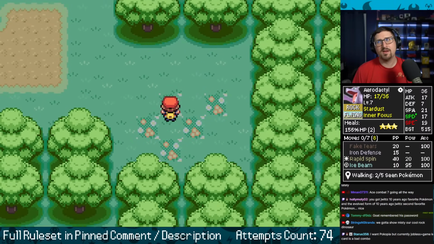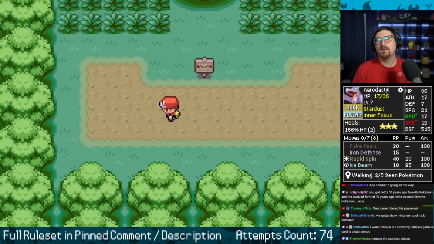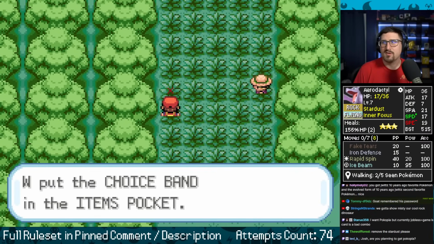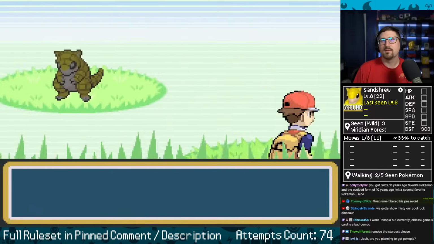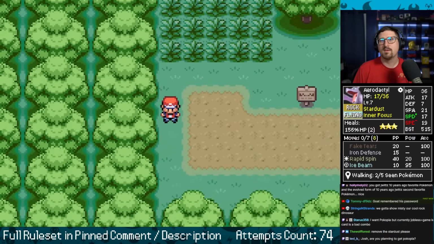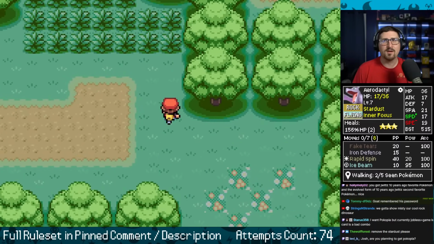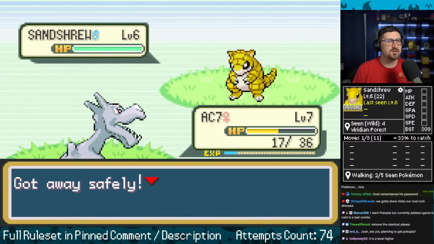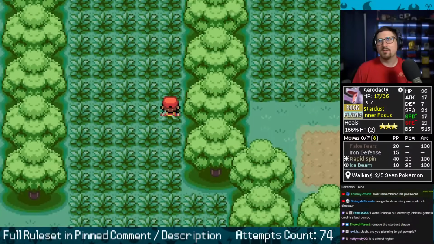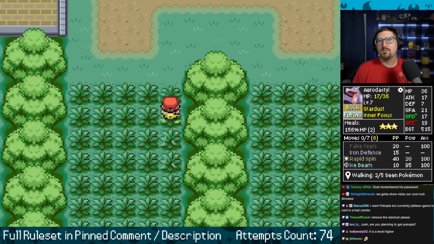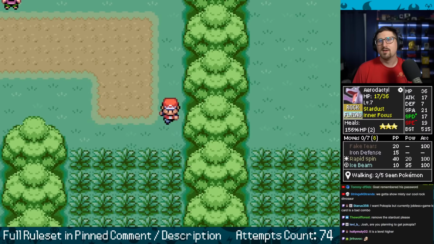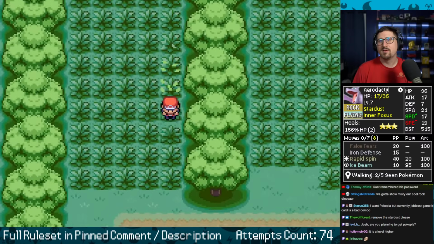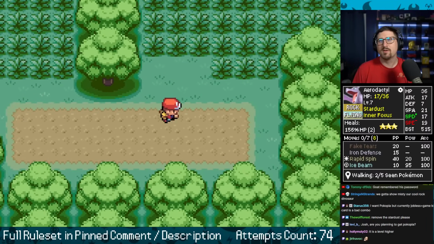Trying to make it back. Oh, lemonade too. Okay, something. It still is optimal for me to have the items first. Choice Band. Not allowed to use that. See, like that level 8 we're running past. It's all about the stat allocation. Yeah, it's a good heal, especially this stage of the game. Let's pray that we don't run into another one of those level 8 Pillow Swines. Let's get out of here. Minimal amount of grass walked into. Safe. That could have just been like a good speed nature one or something. I don't know.